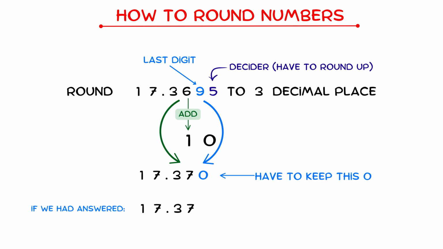The last thing to point out is that we have to keep this 0 in our answer because, remember, we were asked to round to 3 decimal places. If you just wrote 17.37 instead, then you wouldn't get all the marks because that answer only has 2 decimal